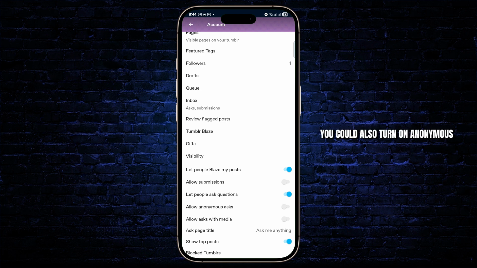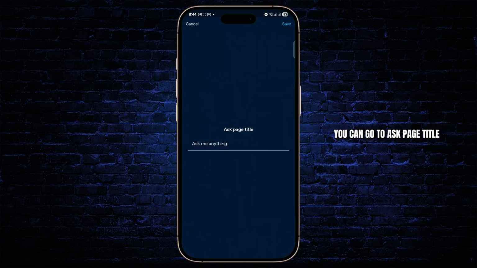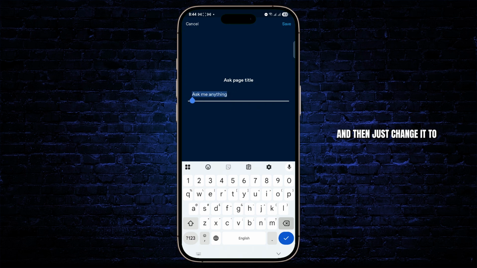You could also turn on anonymous ask so that the person who asked the question, their identity will be anonymous. And you can also allow ask with media so people can upload pictures and ask you things. Now, if you want to customize your title, you can go to ask page title and then just change it to whatever you want. So let's say I can just type in ask me and then just tap on